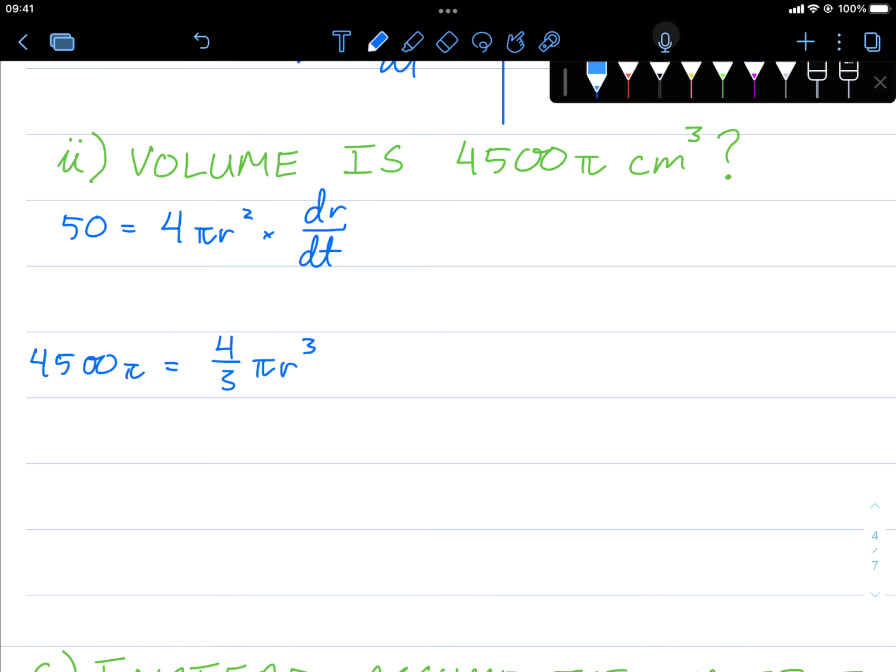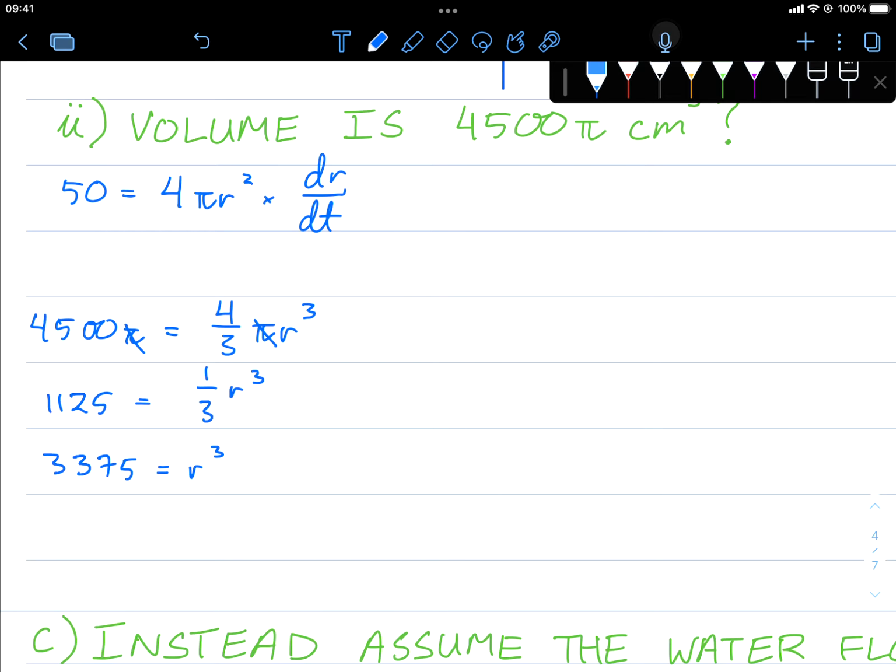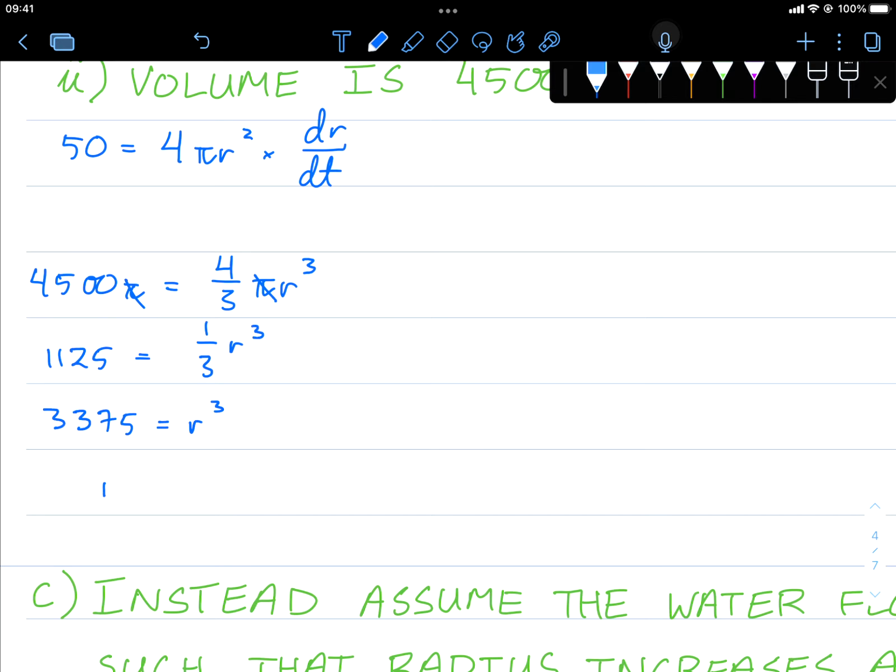So let's solve for that. We can divide both sides by pi. 4,500 divided by 4 is going to be 1125 equals 1/3 r cubed. Timesing both sides by 3 equals r cubed. Taking the cube root of both sides, so the cube root of 3375, using my calculator here,